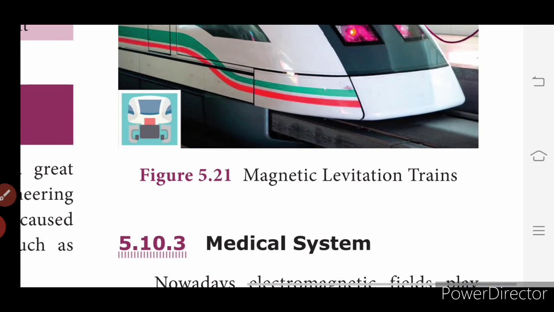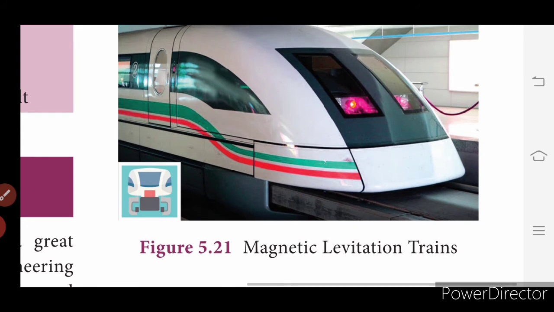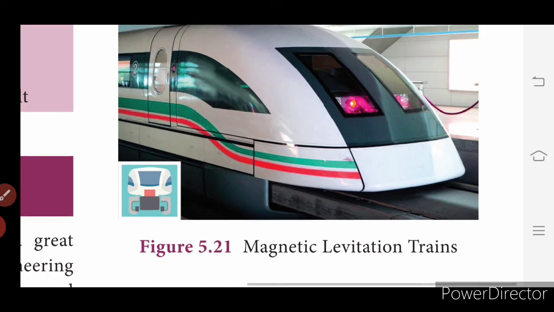The train travels along a guideway of magnets which control the train's stability and speed using the basic principles of magnets. So this is the magnetic levitation train. It doesn't have any movable parts inside it. It has a magnet which helps to push the train from the track, and another one helps the train to increase its speed, without friction. So this is how magnetic induction helps in the magnetic levitation trains.